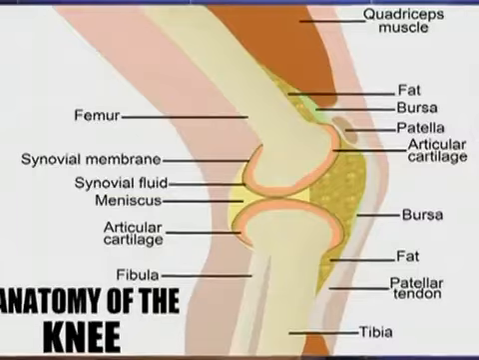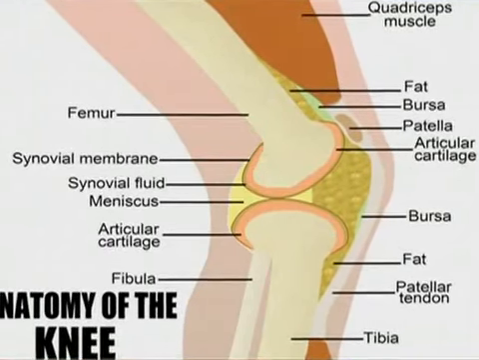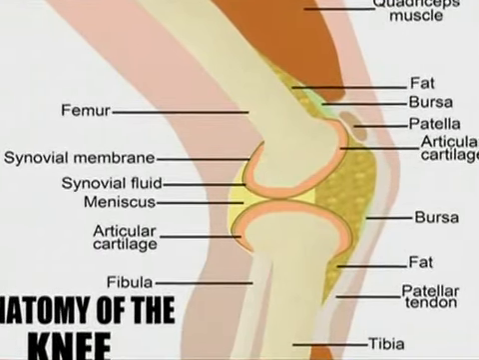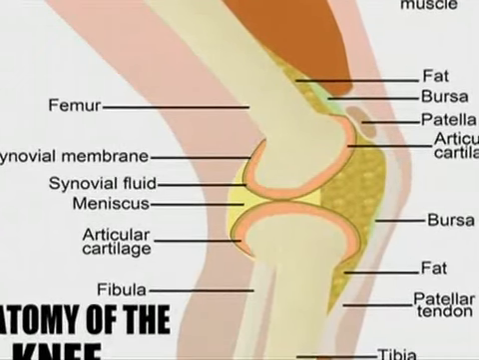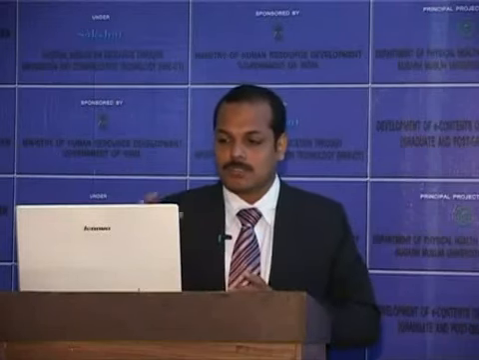Next is patellofemoral tracking. Patellofemoral tracking means the movement of the patella during flexion and extension. During extension, the position of the patella is just in front of the femoral condyle. Then once there is flexion, the patella moves downwards, and the movement is called